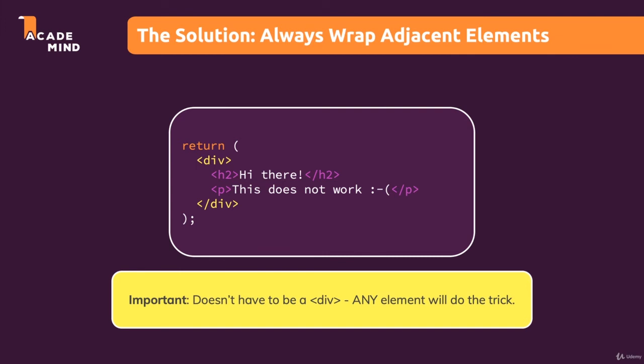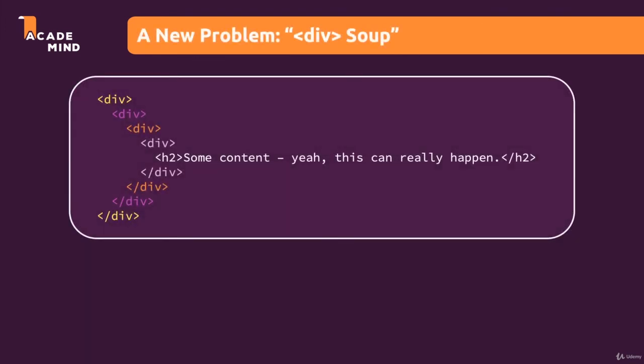However, with the wrapping div, or generally any wrapping element, a new problem arises. Now we can end up with div soup. So we can end up with a real DOM that's being rendered where you have many nested React components, and all those components for various reasons need wrapping divs or other wrapping components. And you have all these unnecessary divs being rendered in the real DOM, even though they're only there because of this requirement or this limitation of JSX.